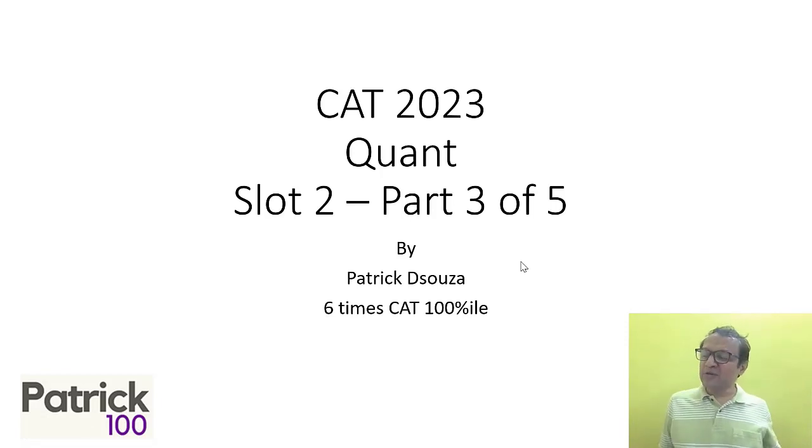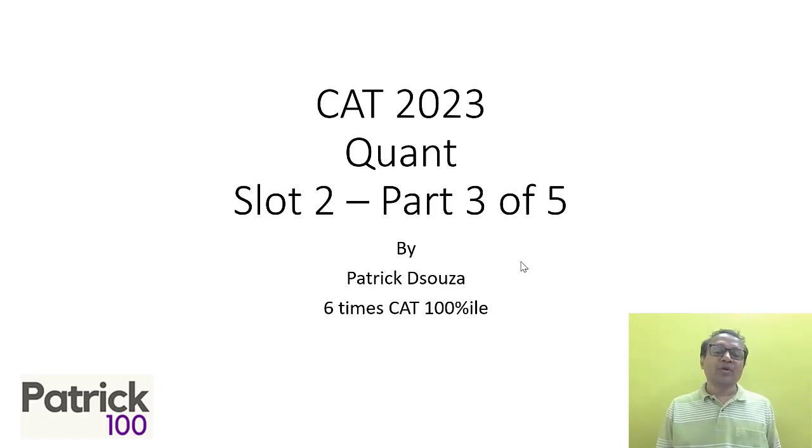CAT 2023 was a tougher quant section, but there are always approaches of how to solve things faster. So we look at the slot 2 paper right now, divided into 5 parts. The basic idea is so that you can solve each part separately as and when the time permits. The focus is approach. Understand the approach that I use and try to implement it in different types of questions